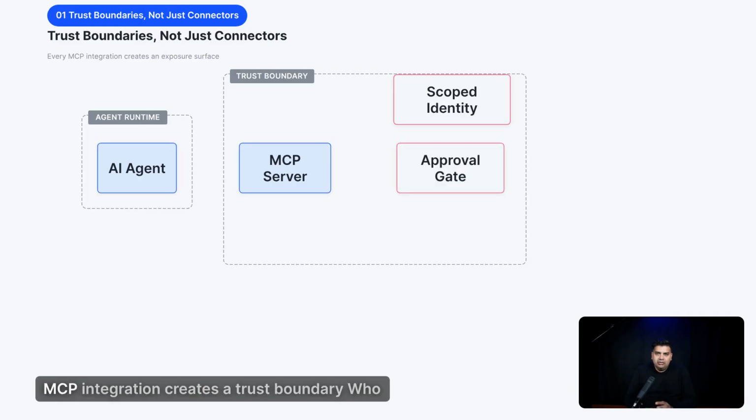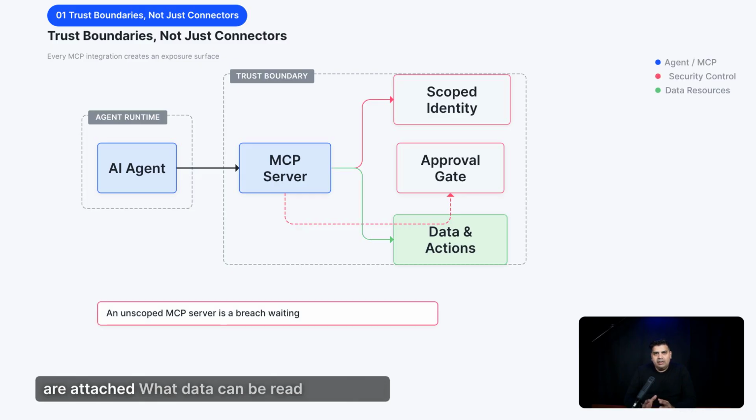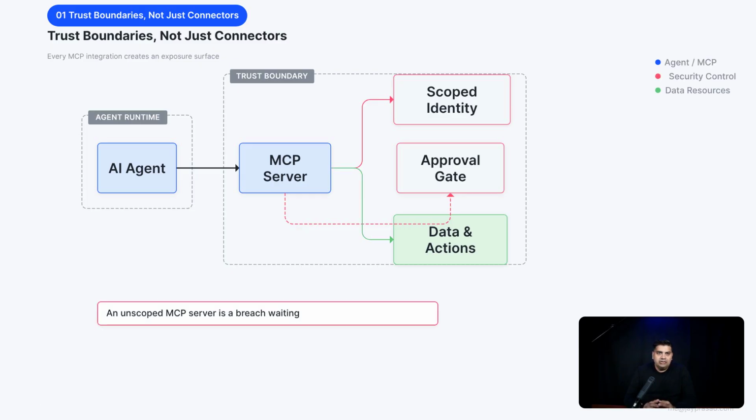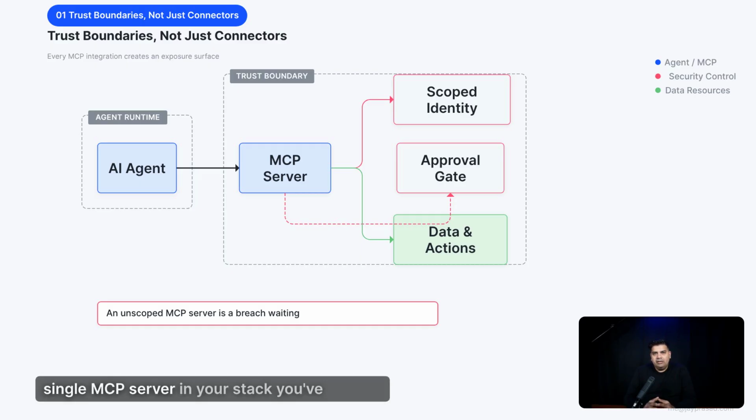Every MCP integration creates a trust boundary. Who is the agent acting as? Which scopes are attached? What data can be read? What actions can be taken? And what still requires a human to approve? If you can't answer those questions for every single MCP server in your stack, you've got an exposure you haven't